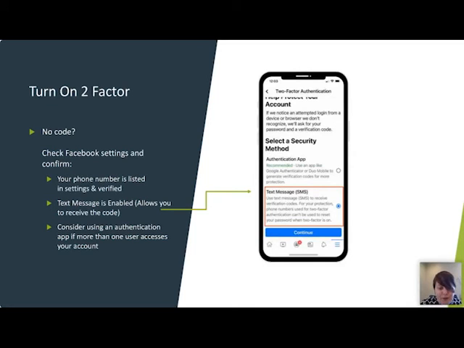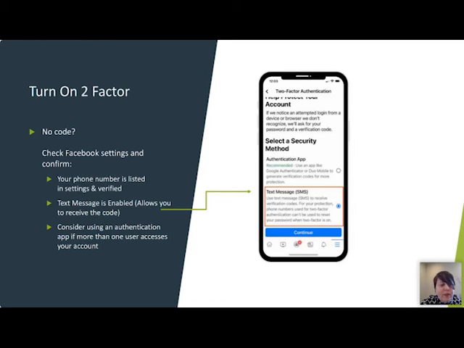If you do not get a code, and this is my one tip for everyone, if there's a reason that you did not receive a code, it may be because your actual account in Facebook doesn't allow Facebook to send you a text message. Two-factor does rely on the technology to send a code to your phone. And if you've ever heard or seen the warnings that say data cost may apply, or the permissions to actually send a text message, that could be a setting that is not allowing Facebook to send you a text message to achieve the two-factor. It may be a permission, or it may be that you've never given Facebook your phone number.